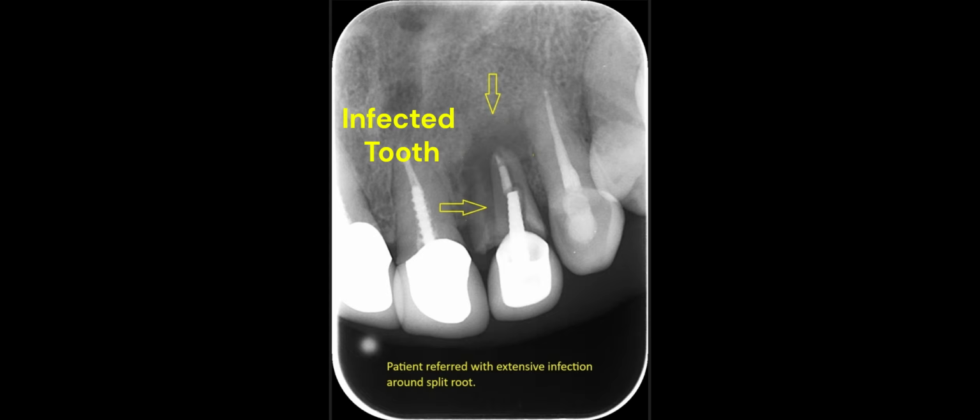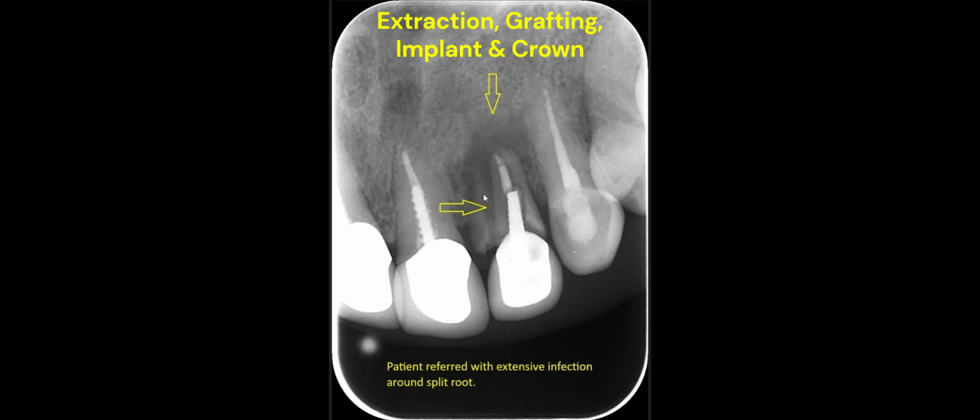Okay, we're looking at another extraction and implant case. This patient was referred in 2022 with a very badly infected tooth, the tooth that had root canal therapy, a post and a crown. And you can see here the root has split and fragments of the root are separating from each other. And there's a big area of bone destruction, infective bone destruction in this area adjacent and around the root here. So we proceed to extract the tooth, clean out the area, and let it heal for about